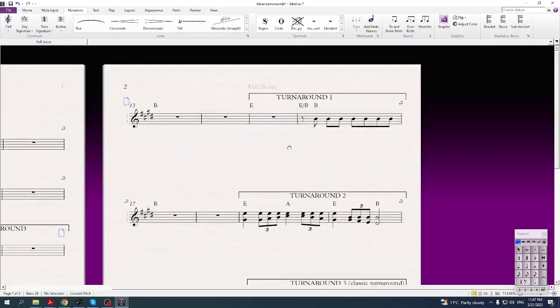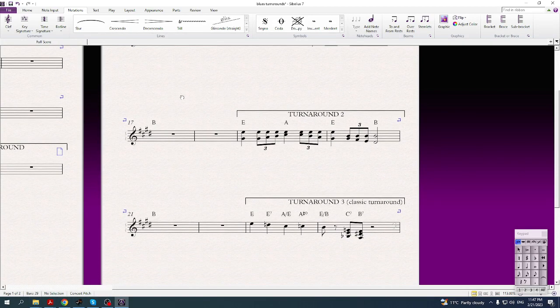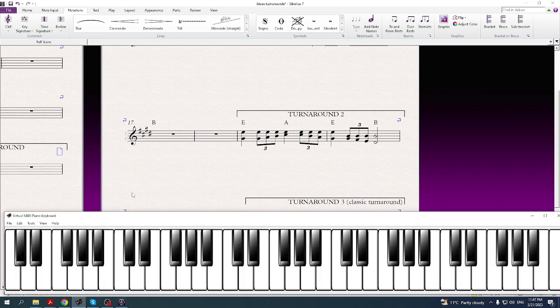Next example is very common in slower blueses, kind of like 12/8 blueses, and that's going from the 1 chord to the 4 chord to the 1 chord and the 5 chord. And very common practice is to actually walk up, so like E, and then walk back down to the 1 chord, and then back to the 5 chord, down to the 5